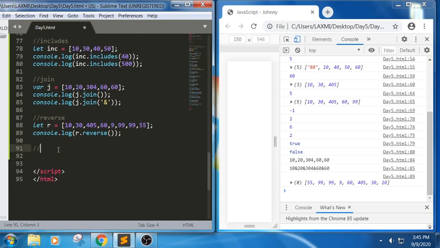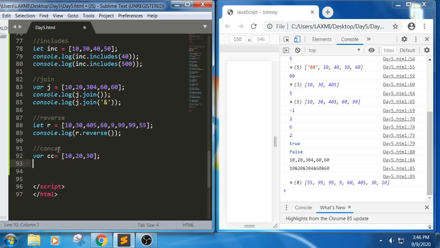Next method would be concat. What is the use of concat? Concat is used to combine two arrays. It gives a new array as the result and makes sure it does not affect the original array, but combines them. Let us write some snippet so that we can understand.